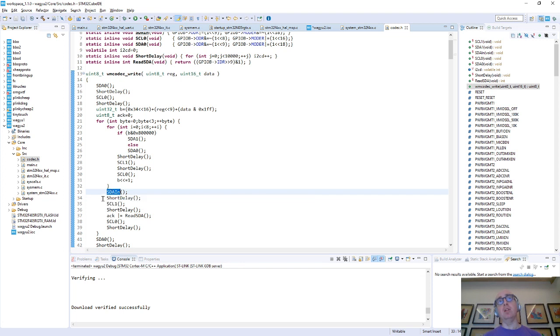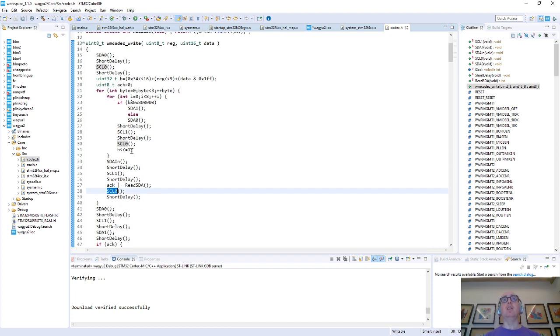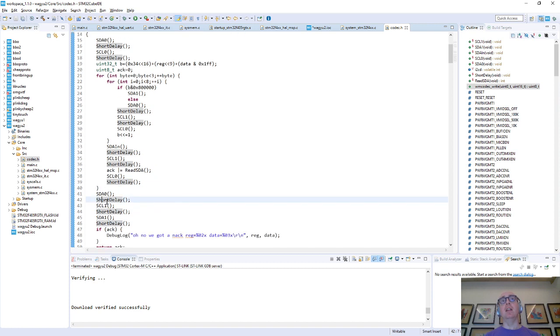Then I switch to an input, short delay, clock it, short delay. The codec replies and says, yes, I'm happy, by pulling that low. So ACK should be 0. If ACK is ever high, there's a problem, the chip's dead or something. And then clock 0, so finish the clocking out, do it 3 times for 3 bytes, and then this is the stop